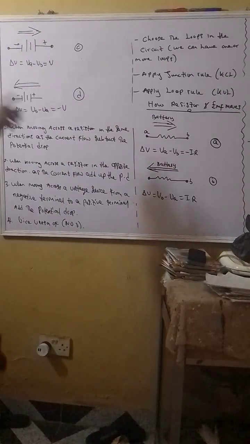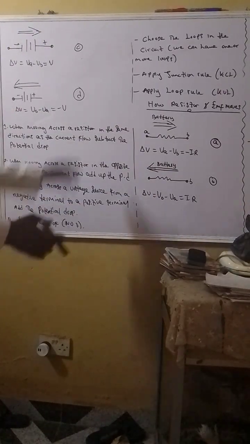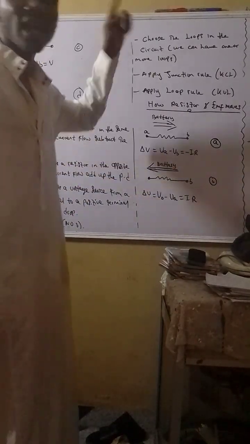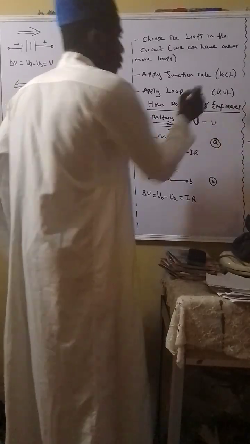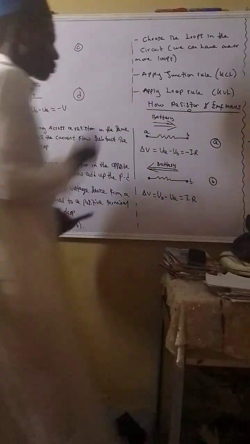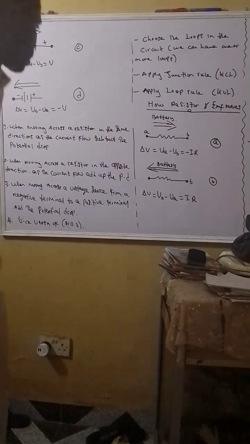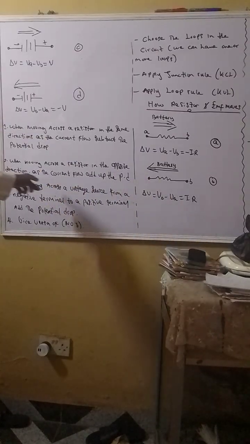Do you get what I'm saying? At that point, you will subtract the potential drop. That is why you have higher V, like the total EMF, minus small v, in this kind of process. So something like that. That's why you have a negative IR. So the next one is that when moving across a resistor in the opposite direction as that of the current,